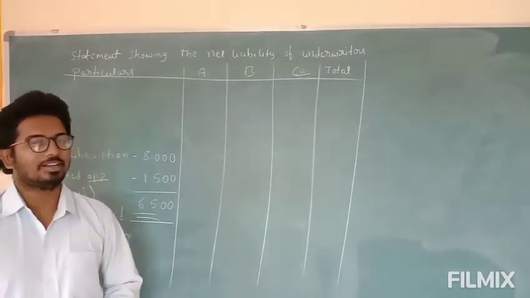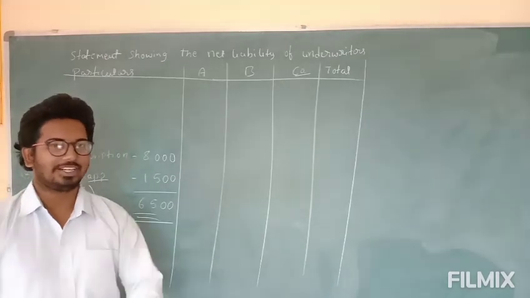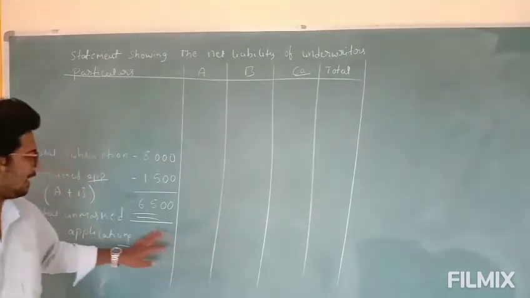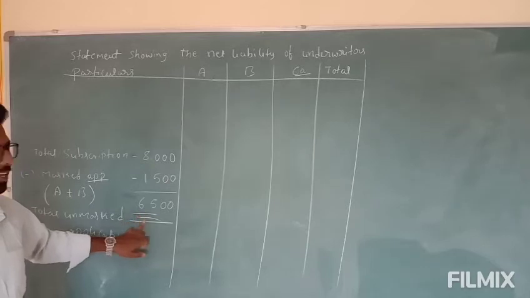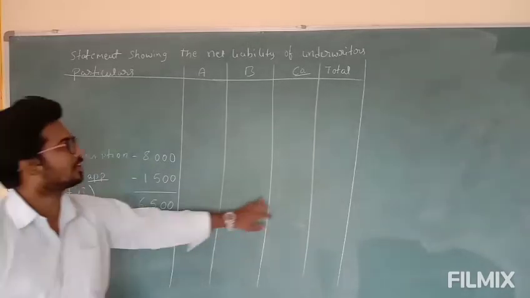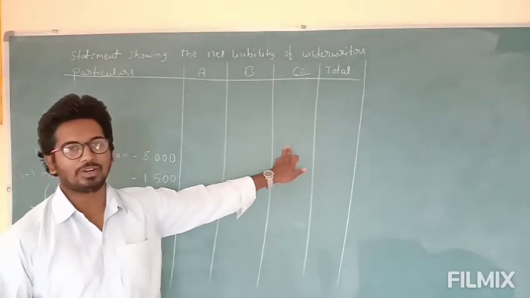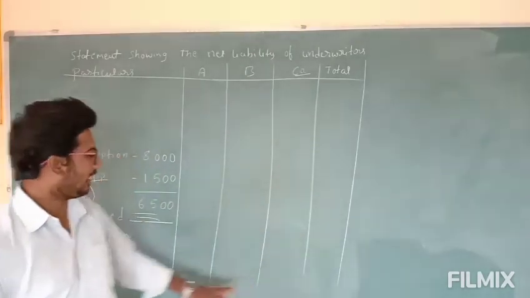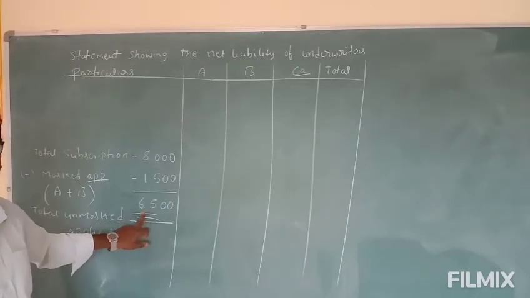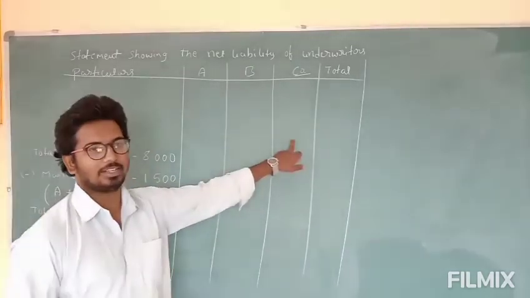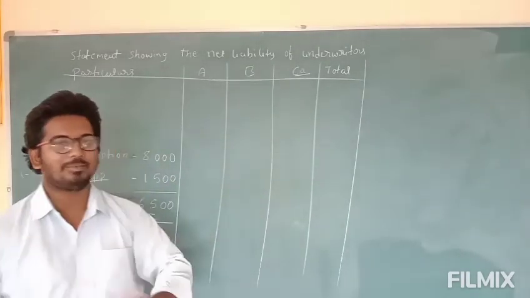So first, whether it is a complete underwriting or partial underwriting, we should find out the unmarked applications. If it is a partial underwriting, as in my last class, whatever unmarked applications come, the entire unmarked applications relate to the company only, because it's partial. The remaining liability goes to the company only. In partial underwriting, we deduct unmarked applications only in the company column; no liability comes to the underwriters.